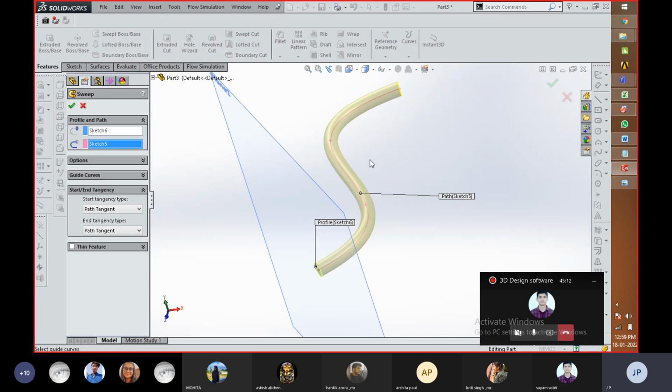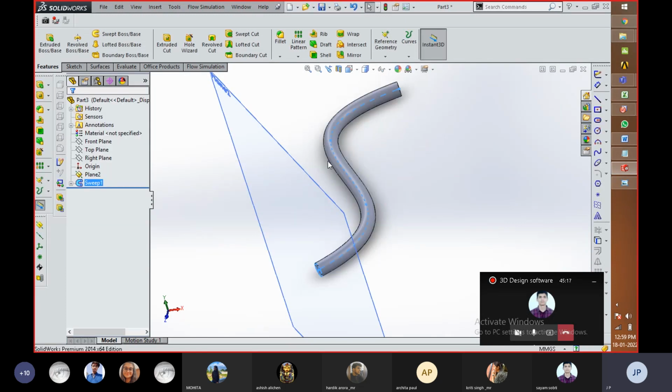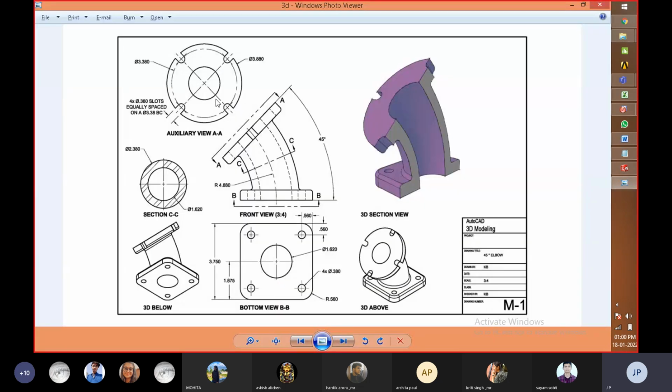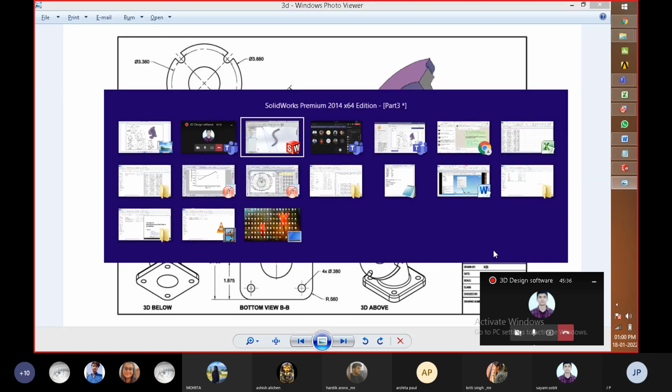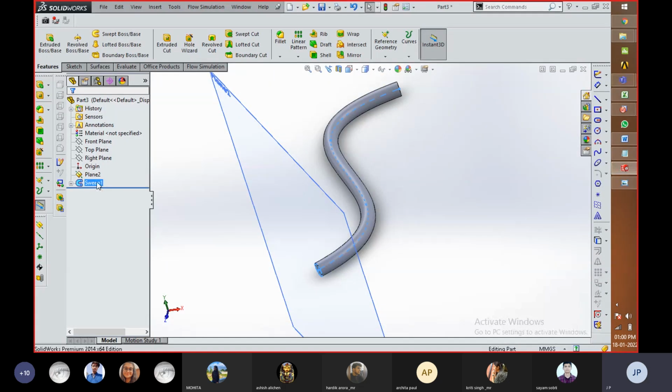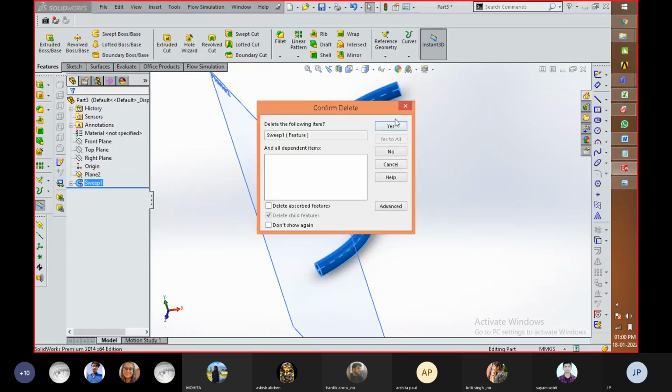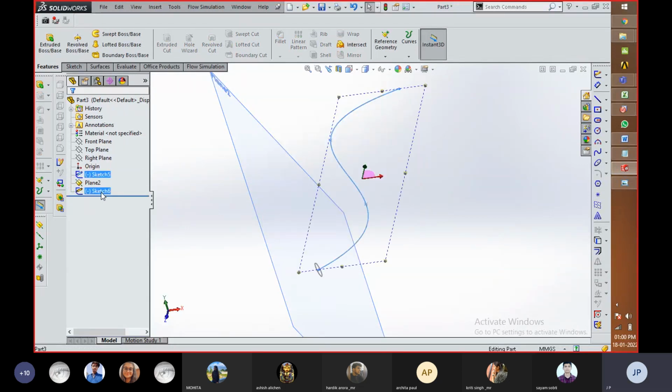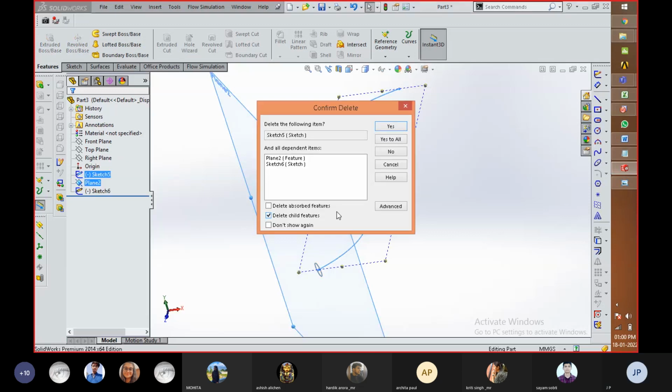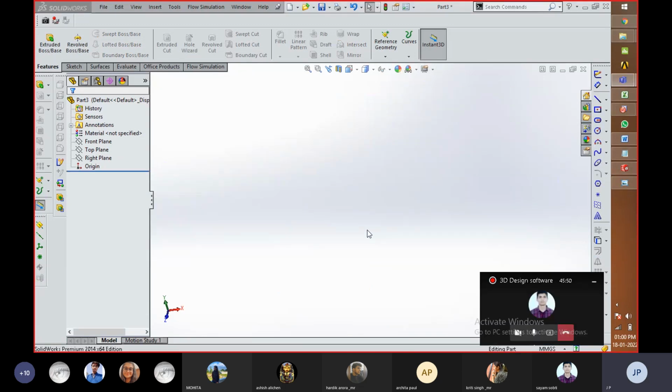So in such a manner, you can create such profiles with the help of these three tools. There are two more tools, but I'm going to stop this part and showcase how we can create this geometry with this methodology. So now we are going to create this part. For that, I'm going to use a fresh 3D modeling part file, so I'm going to delete these things. Now we are going to start from